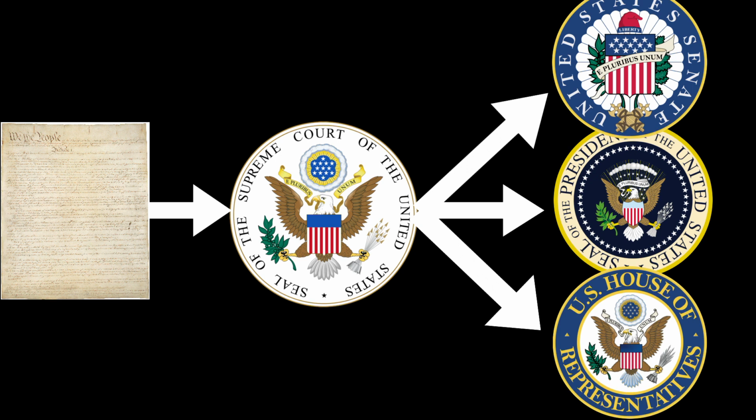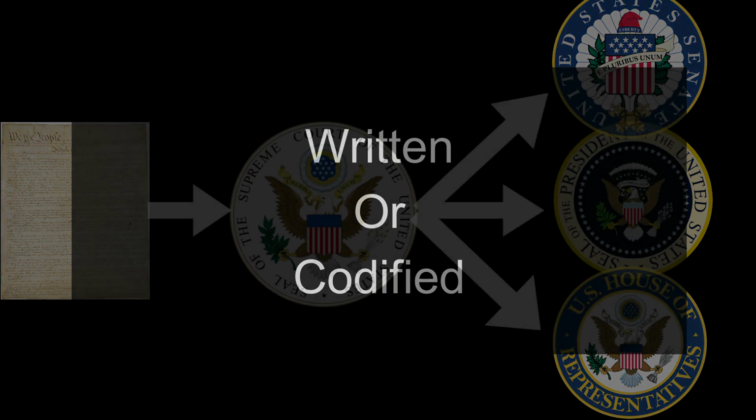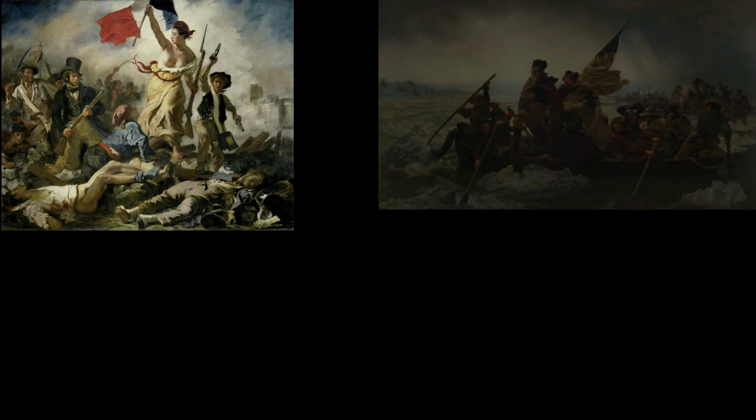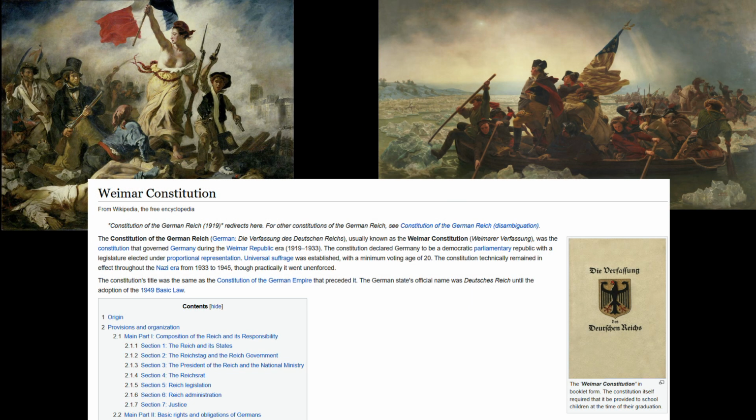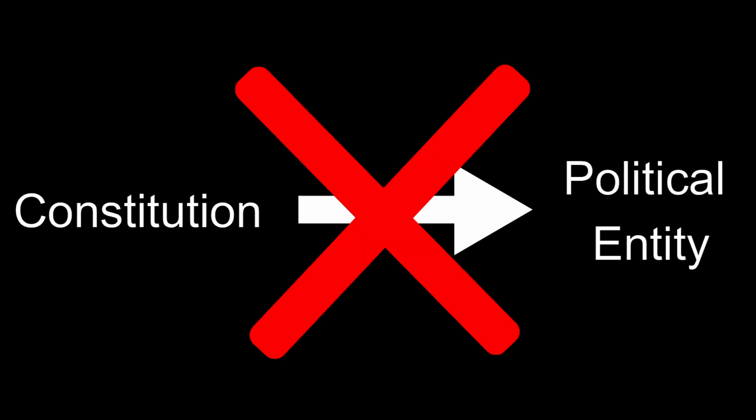This is colloquially called a written constitution, or more properly, a codified constitution. These constitutions are often written to form or christen the new nation, country or regime. They set out what it will be, and not therefore what it is. As such, these constitutions are the starting point of the political entity that they define. They are the precursor to the entity. They are the most foundational thing. They are the prime mover. This is the opposite of the Anglo-British Constitution.